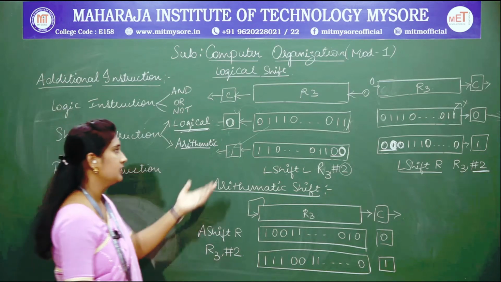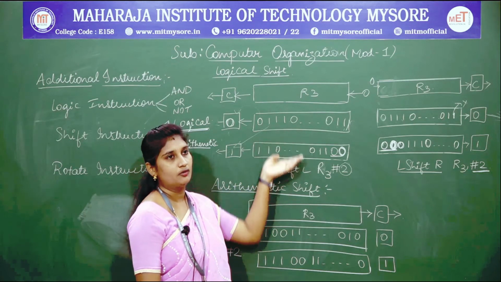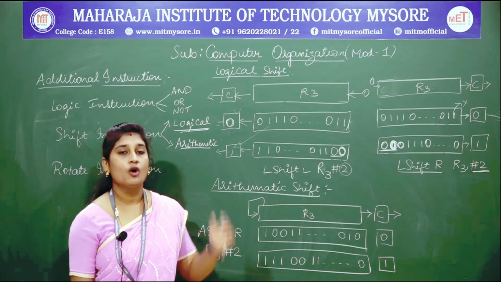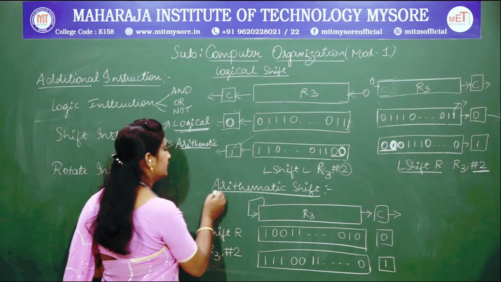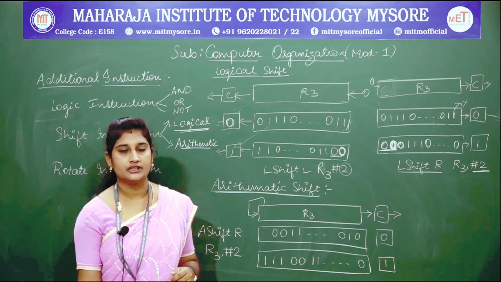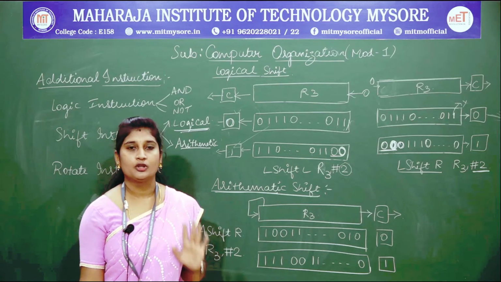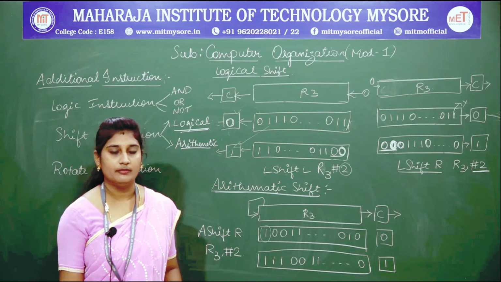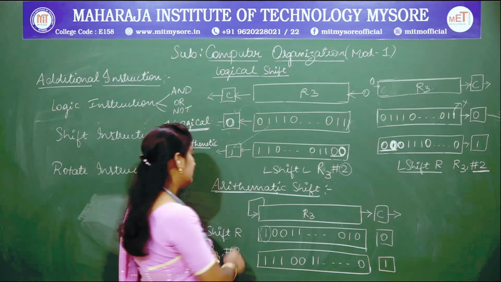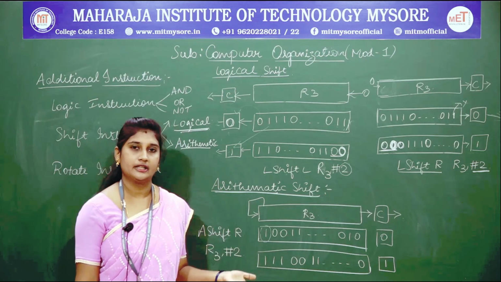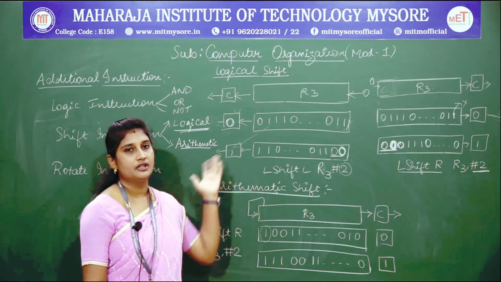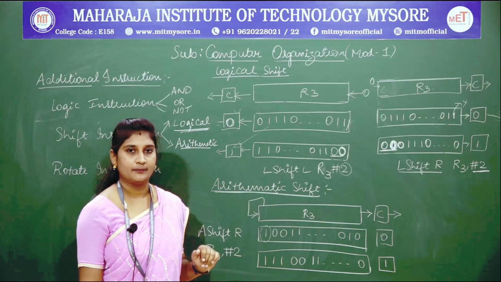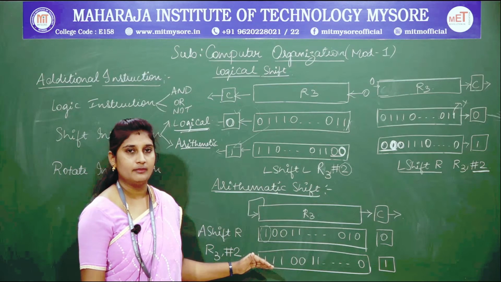Fine. In the logical operation, the logical shift is carried out for general operands represented in binary format. Now we move on to the arithmetic shift. The only difference is that in the arithmetic shift the sign bit is preserved. The sign bit is always represented by the MSB of the number, isn't it? Again, arithmetic shift left or arithmetic shift right can be operated. Left means you shift the bit positions towards the left, and right means you shift towards the right. The same operation applies in the arithmetic shift also.